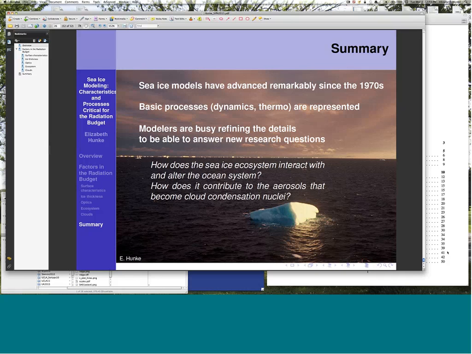Yeah, I've seen some of Don Perovich's measurements that suggest somewhere between 25 and 75 for the top and the bottom. And I was curious if the model was producing similar results. Yeah, I think it's similar. I should contact Don and get that data so I can compare it. Yeah. All right, thank you.